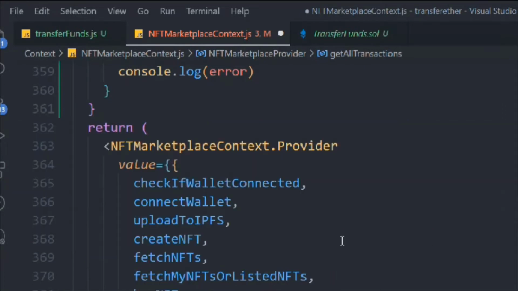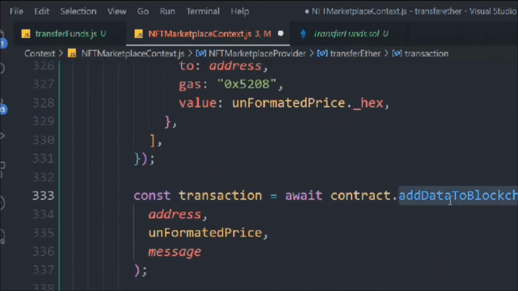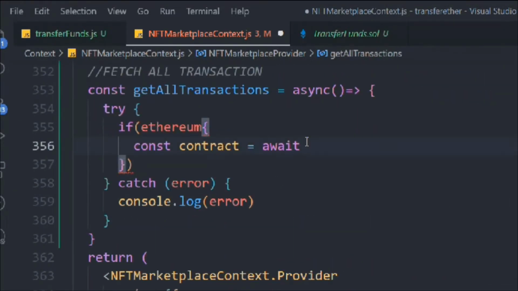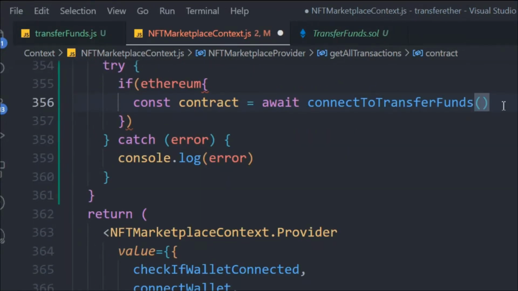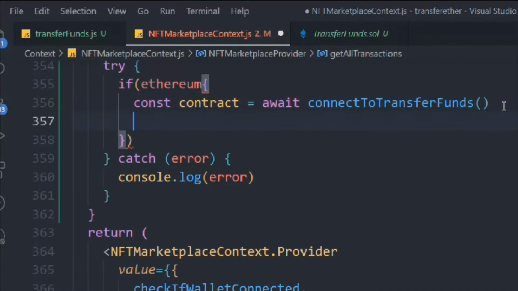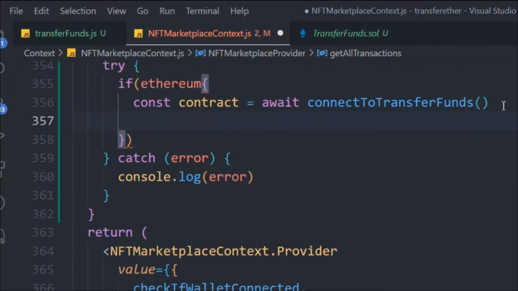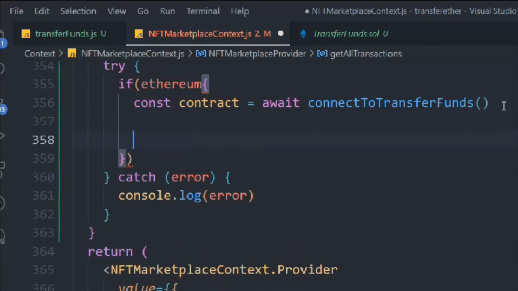So where it is, let's come up here. So not this one. So this is the contract name, connect to transfer fund. So this is our contract which allows us to connect with the contract, and now we're going to utilize it. So what I can do, I'll take another variable, I'll call available